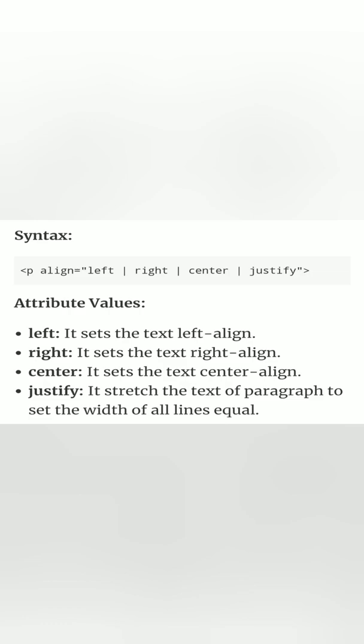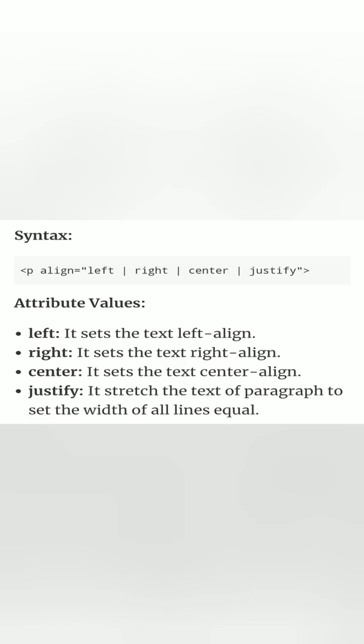Alignment we do in Microsoft Word also, Microsoft Excel, Microsoft PowerPoint. Alignment means the text on the left side or right side or center side or justified side. In a paragraph, alignment has 4 attributes: left, right, center, and fourth one is justify.